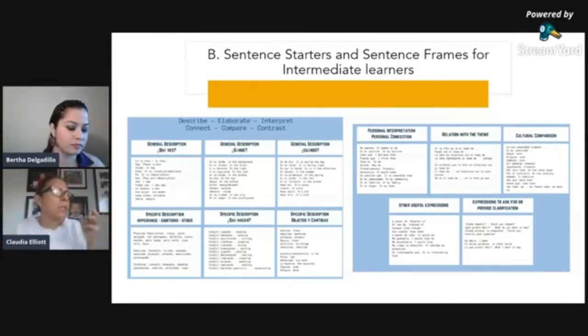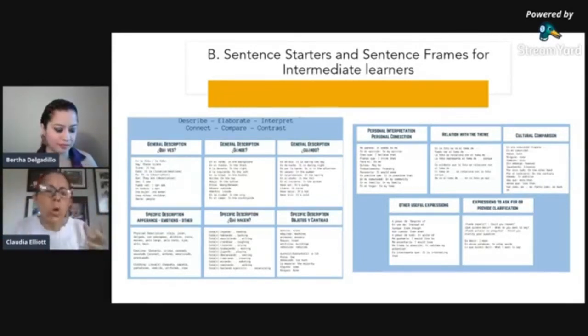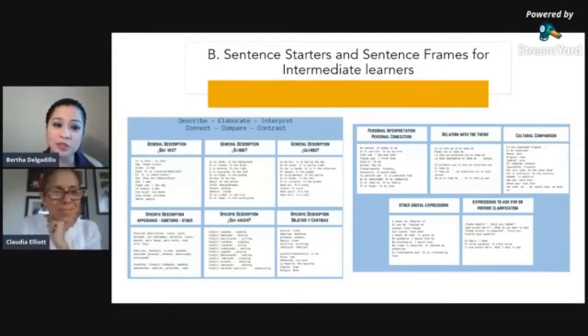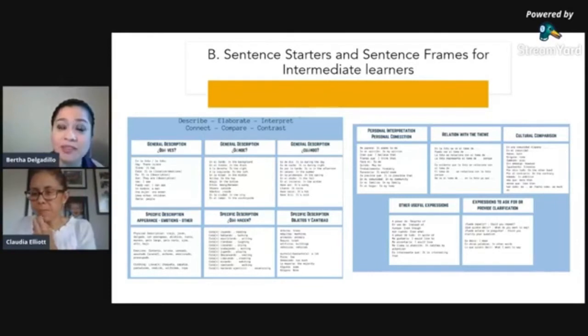Do I start describing this, or do I start talking about my opinion? Like, what should I do? So this was a very successful resource that I created for my intermediate learners that really helped them to describe an image and to be able to level up their language. And that's what we want to make sure we lead them to start easily and also to move up to